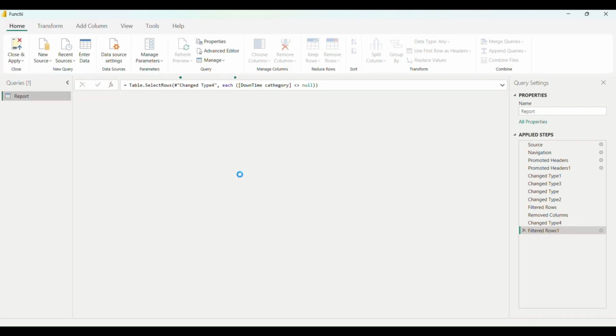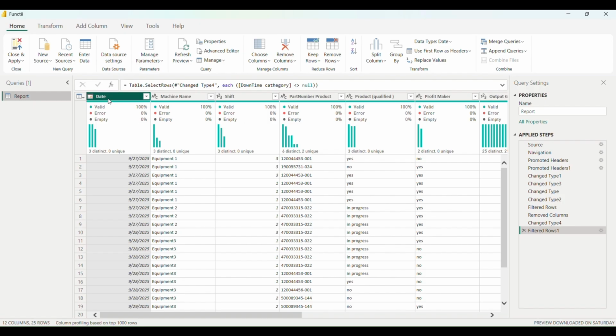That's very important, because at some point, if our columns are not formatted well, we will get some problems when we use a calculation function or any other function.